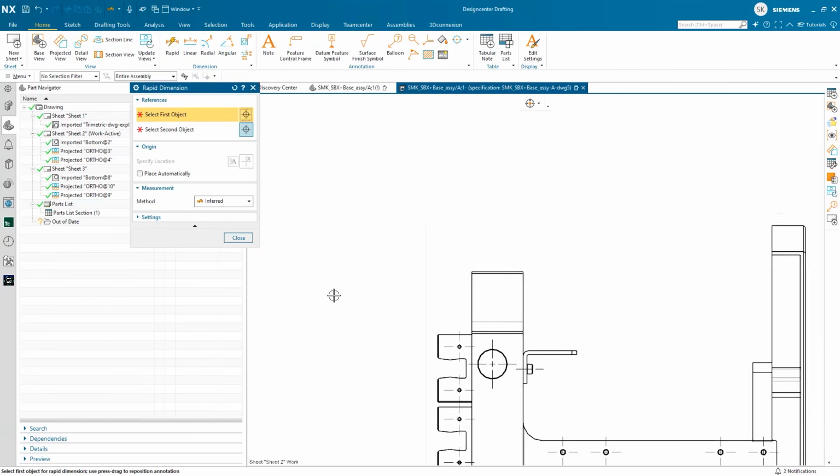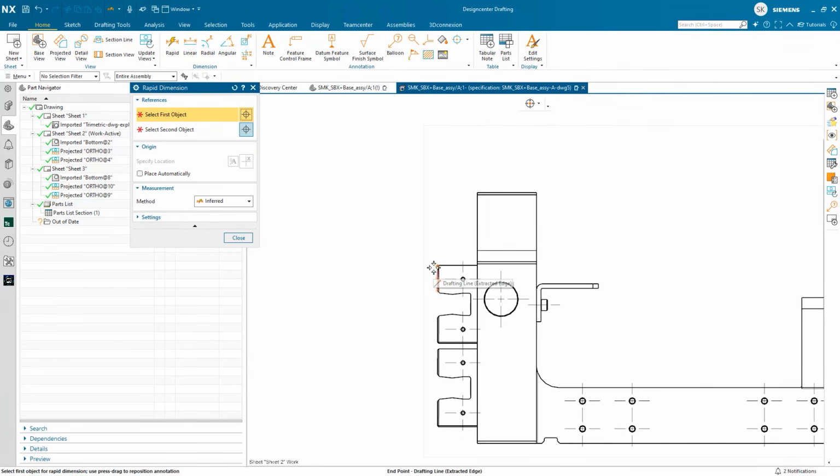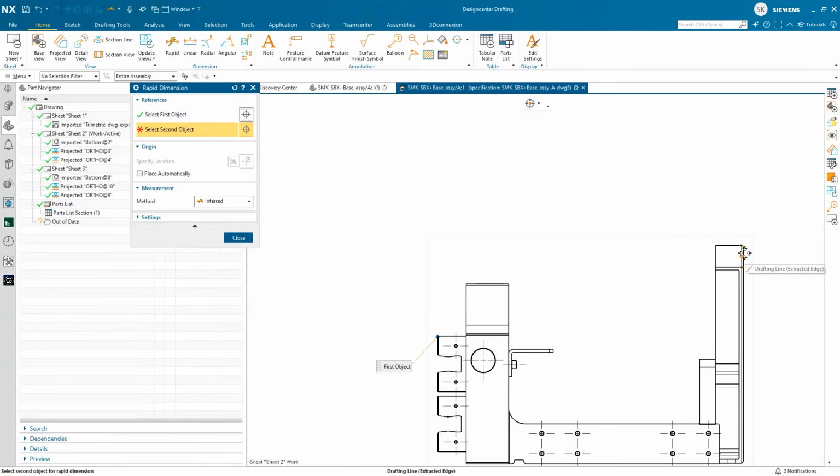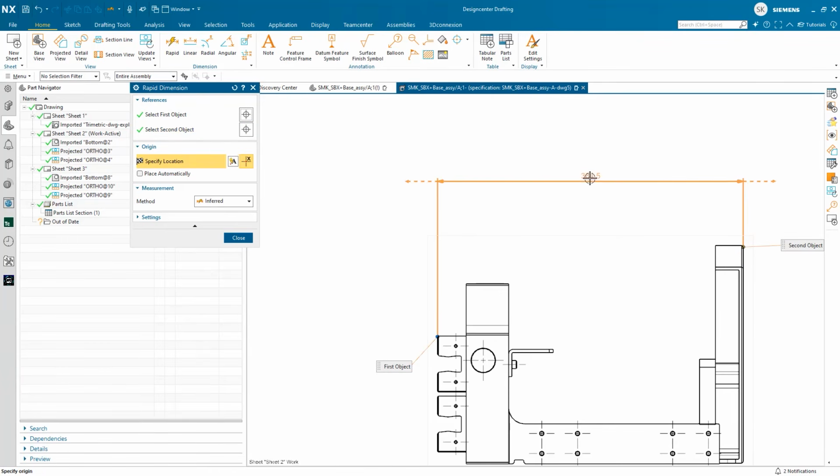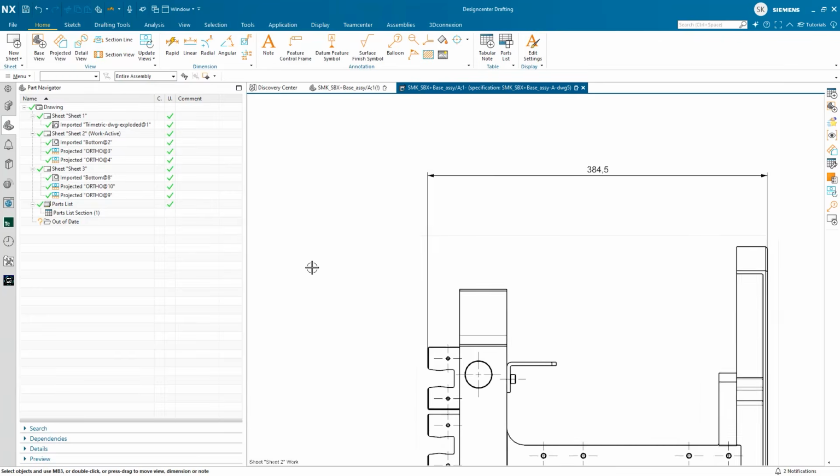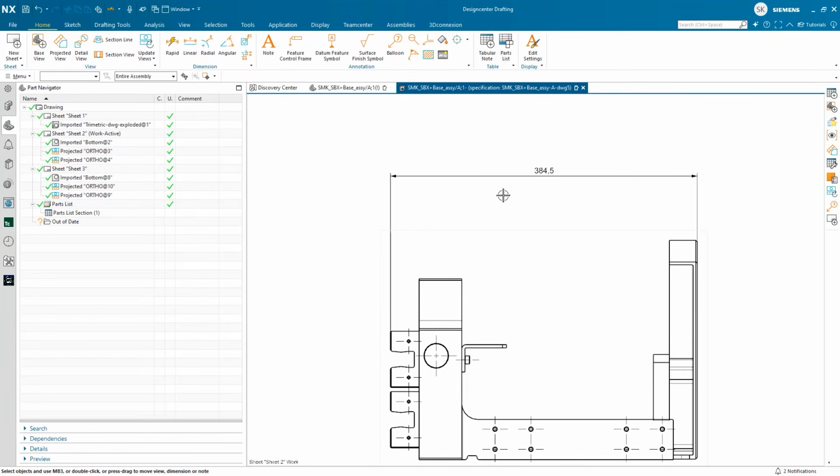That'll be sheet 2. I want to create some assembly dimensions that are critical for the overall assembly information required on the drawing. So we can add the dimensions. Once that dimension is added, we can come back, whether it be correcting the tolerance or adding a tolerance while I'm adding dimensions.